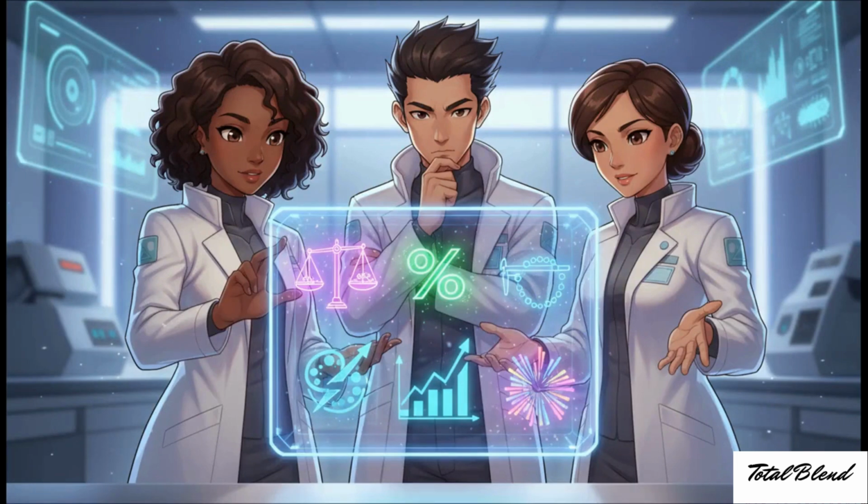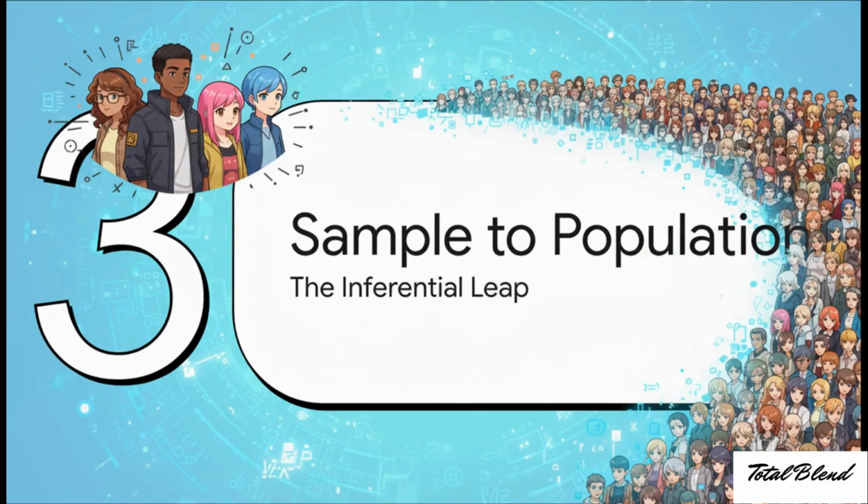And to make that leap responsibly, we've got a whole toolkit. We use things like hypothesis testing to see if our ideas actually hold up against the data. We use confidence intervals to say, okay, here's our conclusion, and here's how sure we are about it. This is what lets us make those big, broad conclusions, but with a degree of confidence we can actually calculate. So let's zoom in on that idea for a second, moving from a small group to a big one.